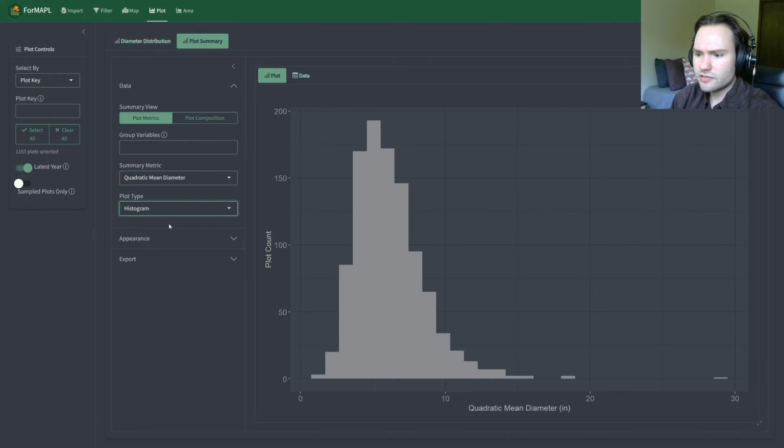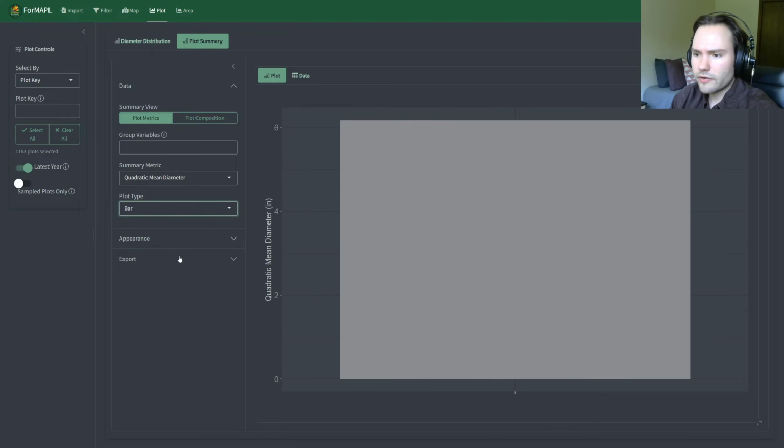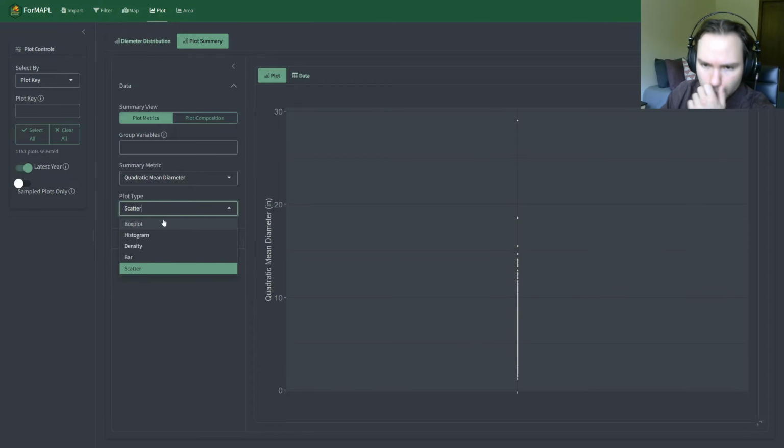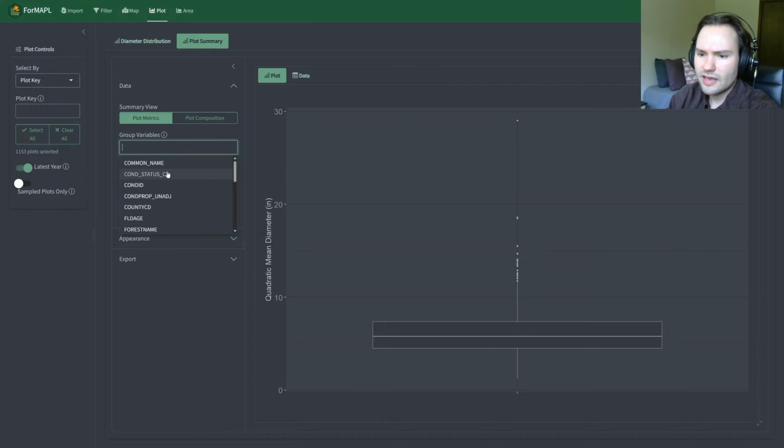You can do a histogram. So this will show you all of your plot counts per different classes. You can do a density diagram, a bar chart, which just shows the total value, and a scatter plot. So some of these plots don't make sense until you do grouping. So if I come to our group variables, we can look at this. How does quadratic mean diameter change by, let's say,